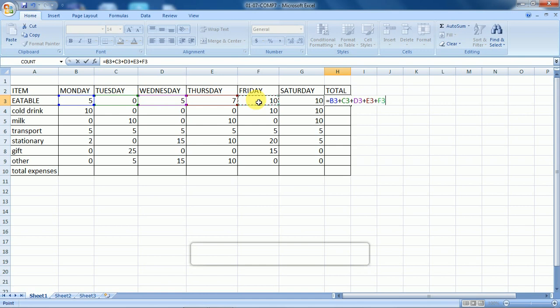10 is the selector. F3 will appear. So again plus sign. And the last one is 10. Now we have selected the cell for calculation. Now here you have to press enter key. Now in the plus sign at the last cell, press enter key. Now the total will be displayed here.